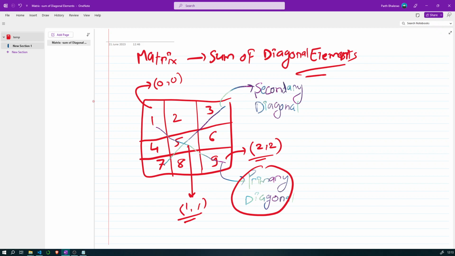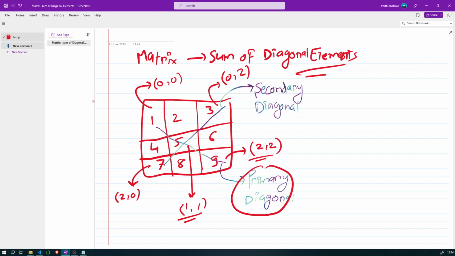However, when it comes to the secondary diagonal, what is the location of this? Location of this is 0 comma 2. What is the location of this? Location of this is 2 comma 0. And what is the location of this? Location of this is 1 comma 1. So what is the pattern you notice for elements present in the secondary diagonal?